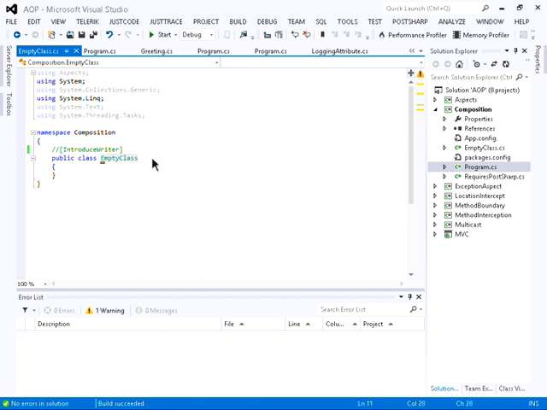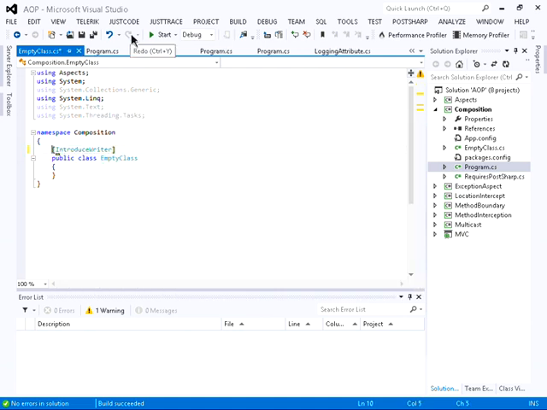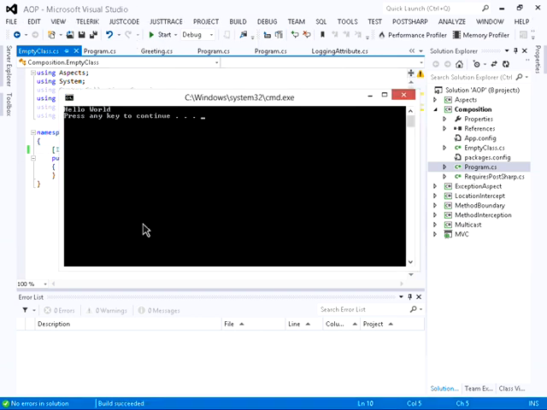it will succeed, but then when we actually run the program, we get an invalid cast exception because my empty class does not implement iWriter on its own. So once we put the introduce writer onto this class, and then we run it, we get hello world. The interface and the object implementing that interface were injected into the code during the post-compiler step